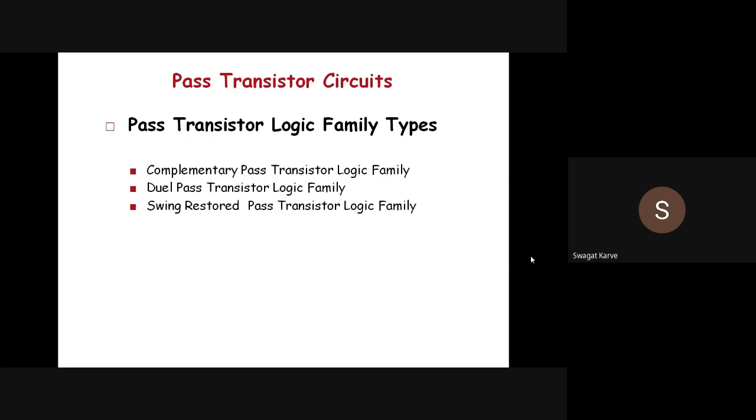But again, this pass transistor logic family also has one major disadvantage. What is that? The pass transistor logic, if you use either CMOS or NMOS, is not able to transfer both inputs as they are to the output. There will always be one level that you get as a degraded level. That means in case of NMOS, you will get strong 0 but weak 1. Weak 1 means what? The logic 1 is unable to transfer at the output side as it is. There will be some degradation in that logic.